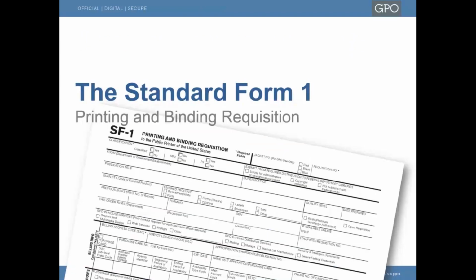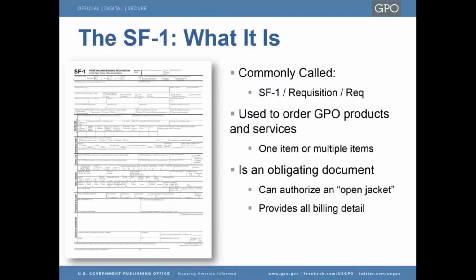Let's begin our discussion of the Standard Form 1, Printing and Binding Requisition. You may also hear the SF1 referred to as a requisition or simply REC. These terms are interchangeable and all refer to the mother of all forms at GPO. The SF1 can be used to capture the requirements of one single item, for example, an envelope or letterhead, or multiple similar items, for example, stationery consisting of a letterhead with matching envelope, or perhaps a direct mail campaign comprised of a book or pamphlet plus an outer envelope, letter, and return envelope, or any number of GPO's other products